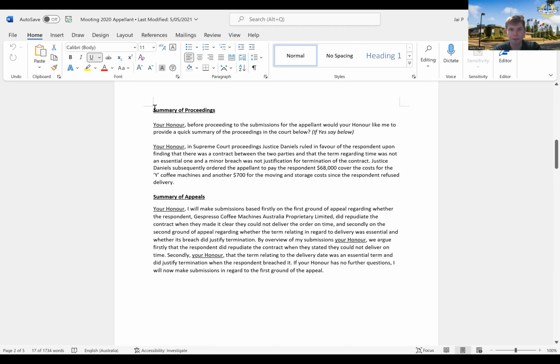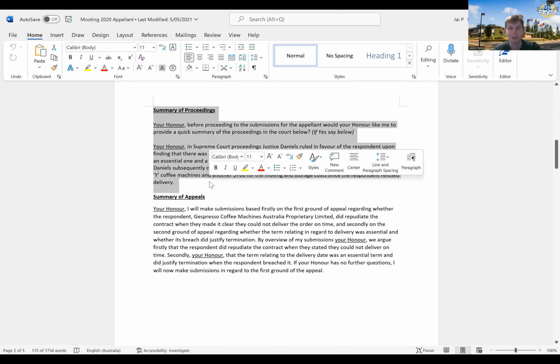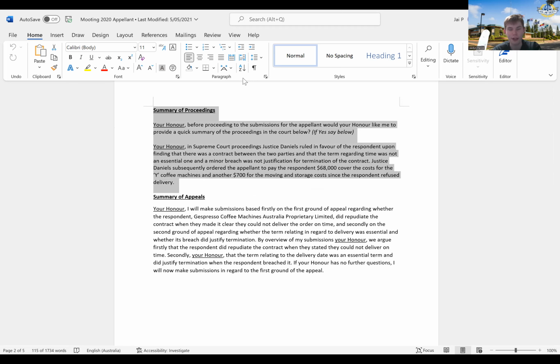Okay, so the summary of the proceedings, or summary of facts, is just a quick explanation of the facts of the case. I was going to show you a copy of what I did for the moot, but unfortunately that's a little bit too easy, so I won't send that to you. Essentially it's just a summary of how things progressed in the original circumstances. So what facts are around Mr. Randall? What was his life like? What led him up to committing the offences?